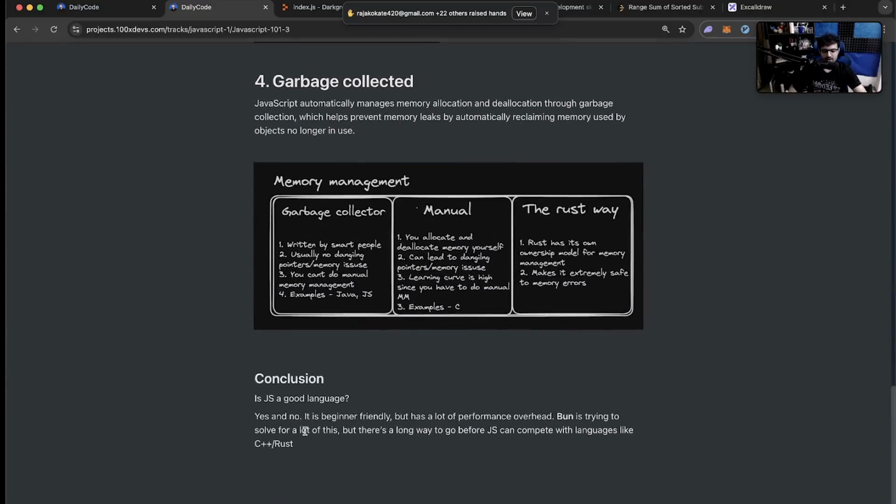So they were primarily meant to be beginner friendly languages, but that gives them the downsides of, number one, single threaded nature makes them not scale very well. Number two, they are slow because of the garbage collector. Number three, they are slow because they're interpreted. They don't have a separate compilation step.